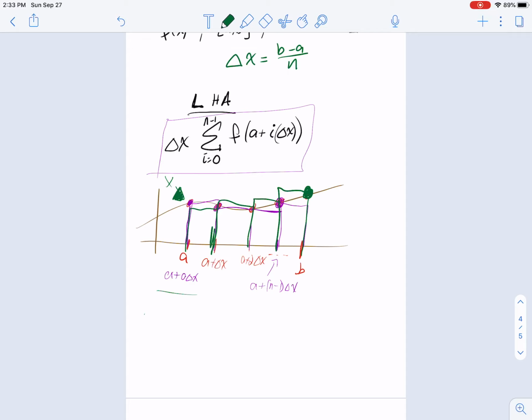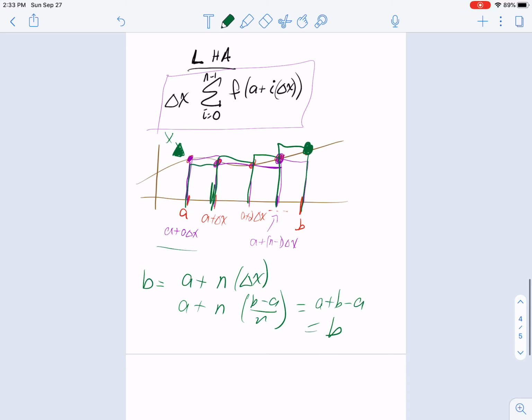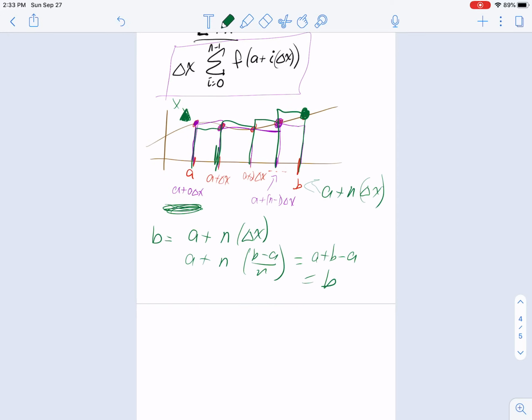And we can actually notice that b is equal to a plus n delta x, as this is a plus n times b minus a over n, which is equal to a plus b minus a, which is b. So these two things are equivalent, except we're leaving off a plus 0 delta x, and we're including a plus n delta x. So actually our right-hand approximation, we can see pretty easily